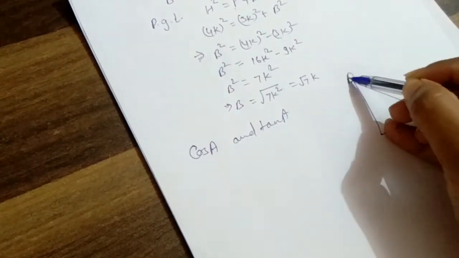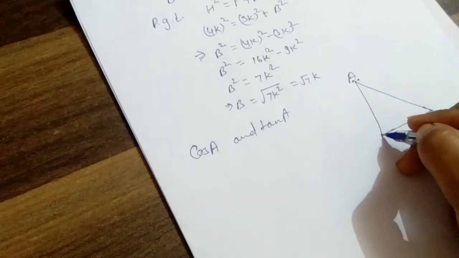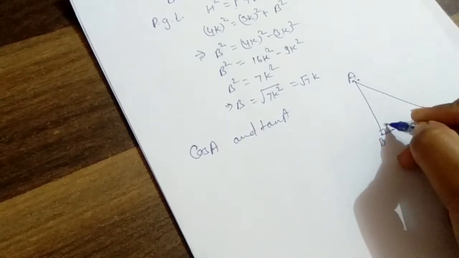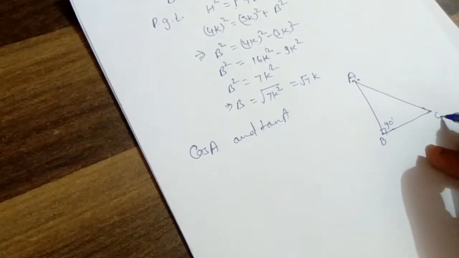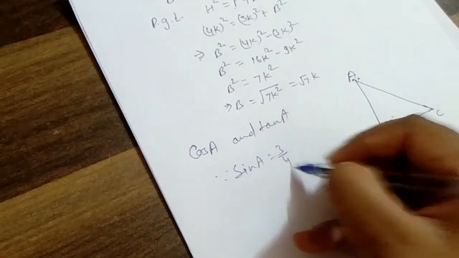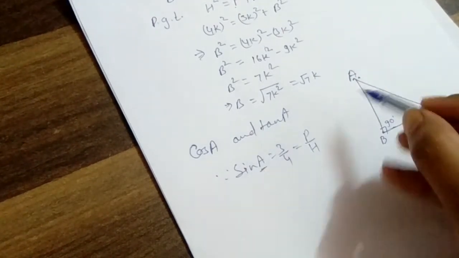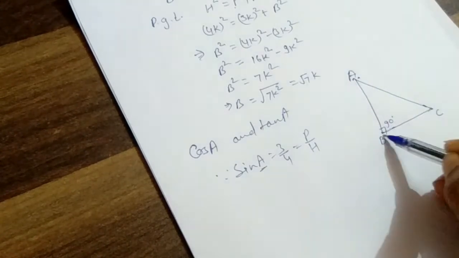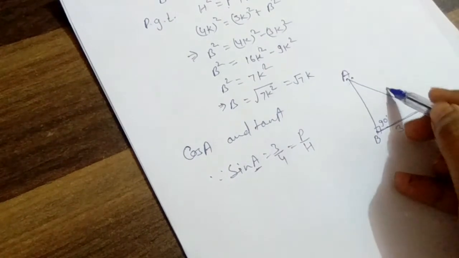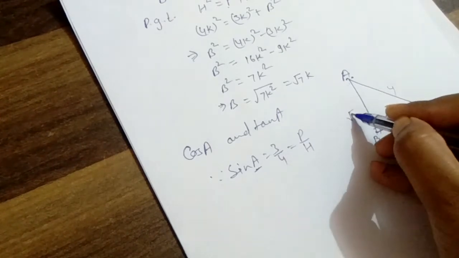So we can't have A at the right angle of the triangle. Now we can have C or B at the point of 90 degrees. Let B be at the 90-degree angle and C the third point. Since sin A is equal to 3 upon 4, which is perpendicular upon hypotenuse, for angle A the perpendicular is BC, which is 3, and the hypotenuse is 4. So the remaining side, the base AB, we have calculated as root